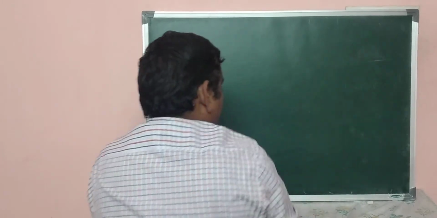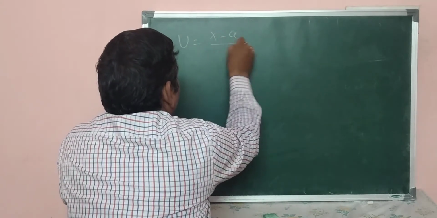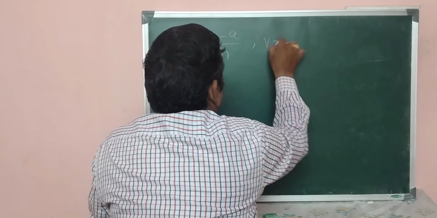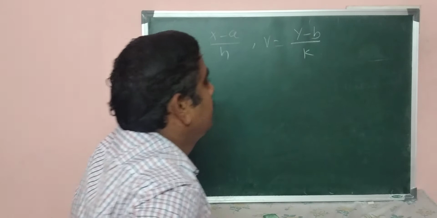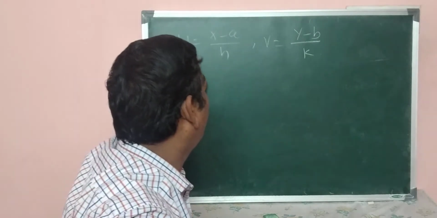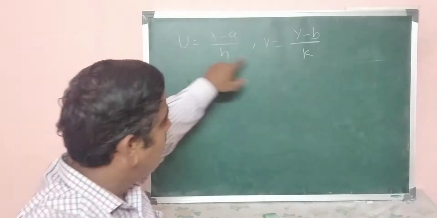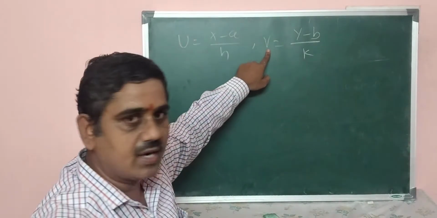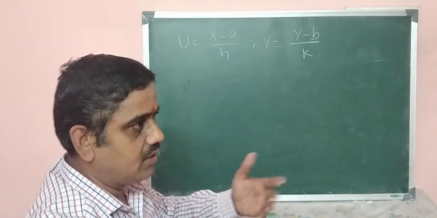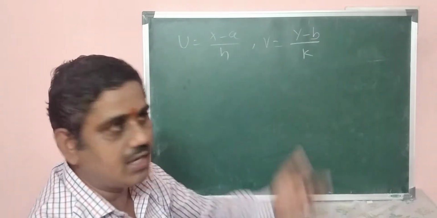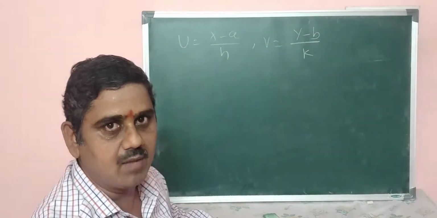Now we take simply the point, let u is equal to x minus a by h and v is equal to y minus b by k. For x, a particular variable u I have considered, which represents shifting the origin and scale. For y, another variable I have considered, v, y minus b by k, to shift the origin and scale. That is to represent the shifting of the origin and scale. It is going to appear in this particular variable.